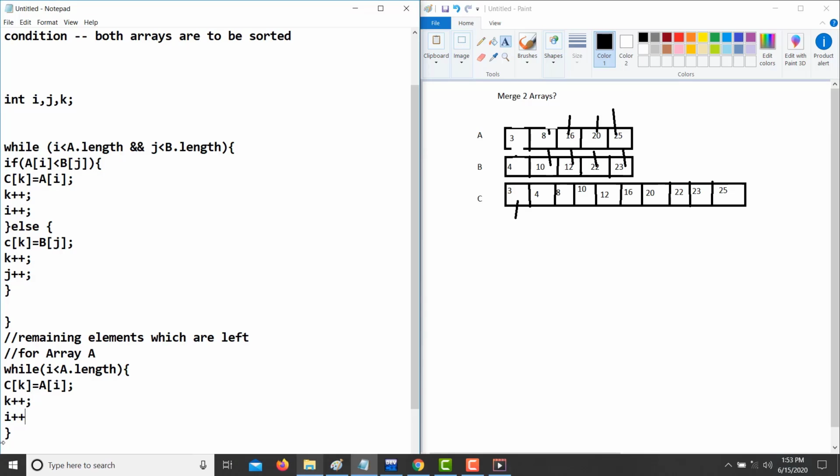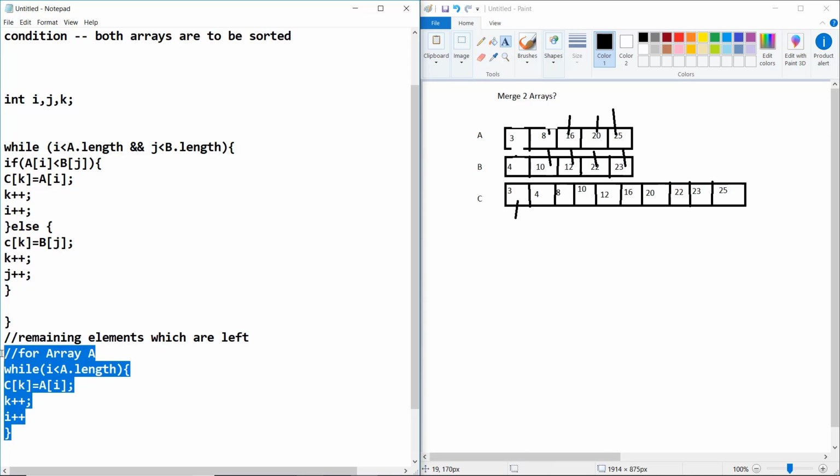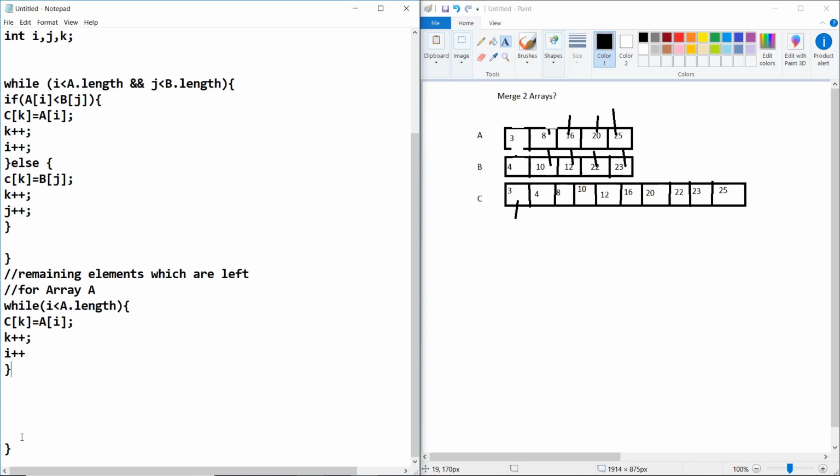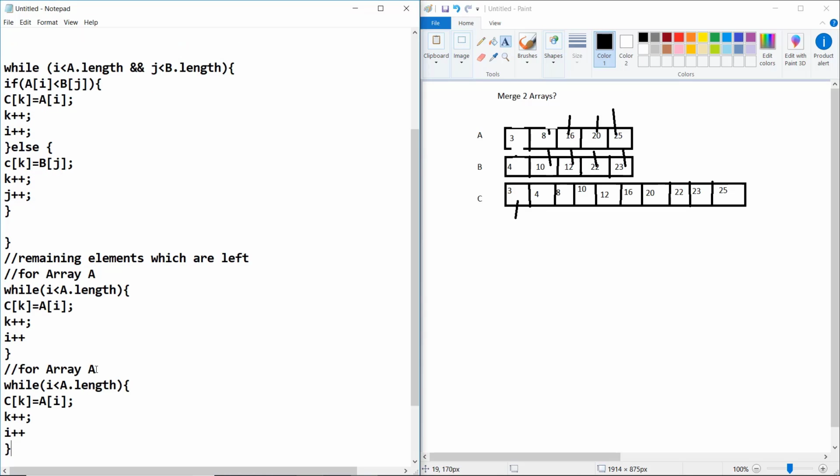Similarly for array B, we put C of k equal to B of j, with k plus plus and j plus plus.